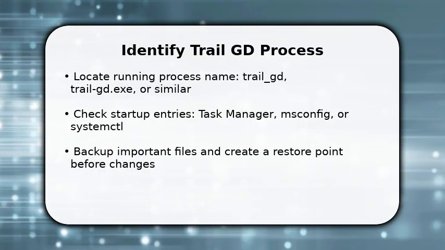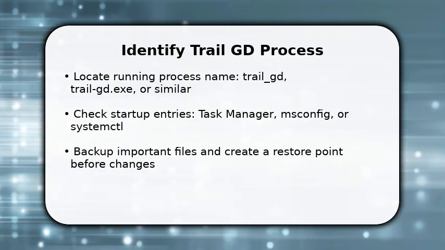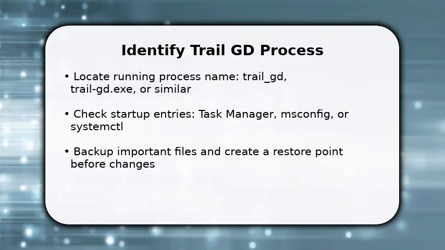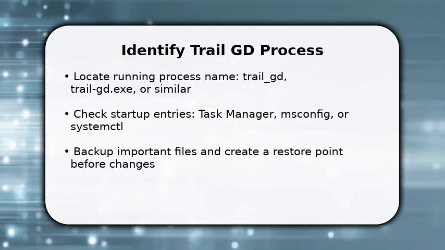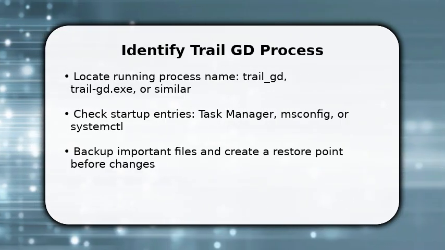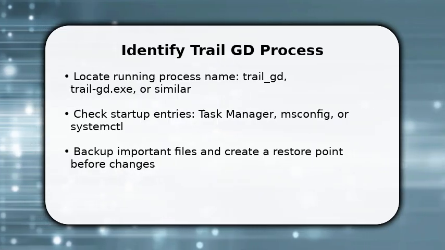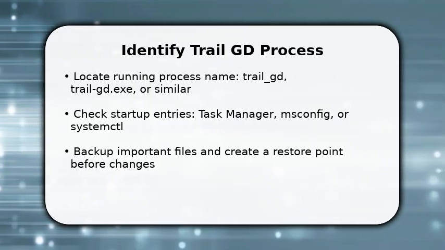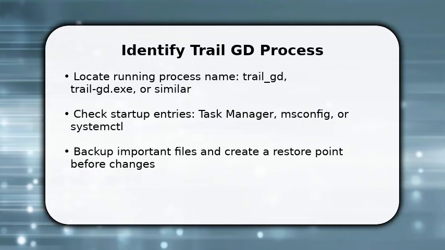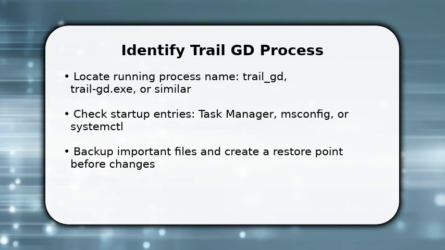You start by identifying what exactly is running as Trail GD and where it lives on disk. Open Task Manager or Activity Monitor, find the process, and note its path. Once done, check Startup Locations: Task Manager Startup tab, System-tool, or Registry Run keys, because persistence points tell you why